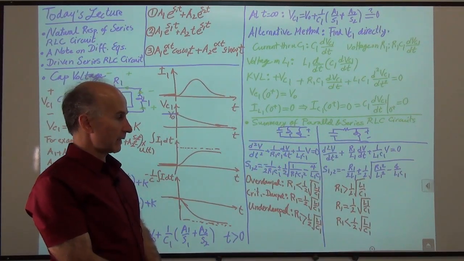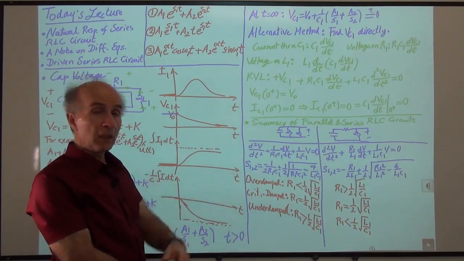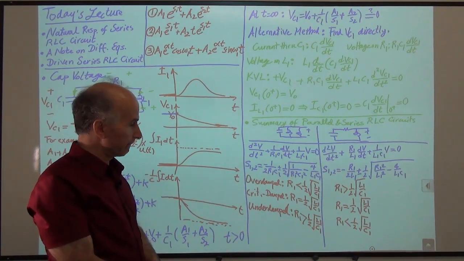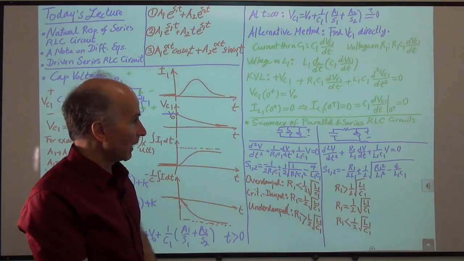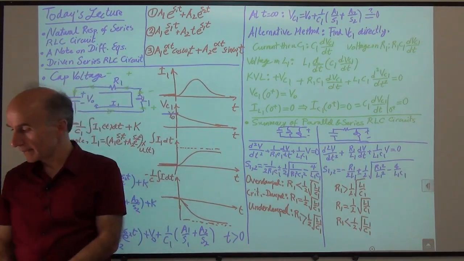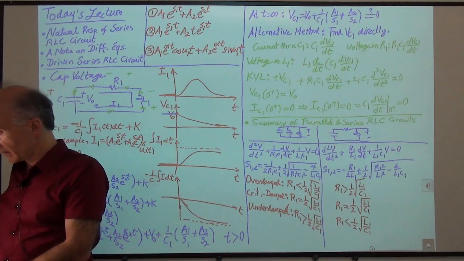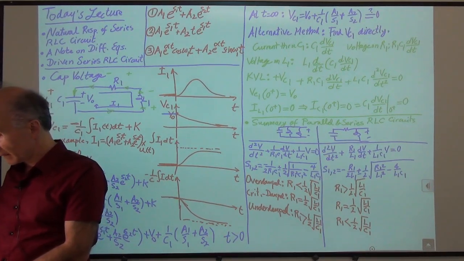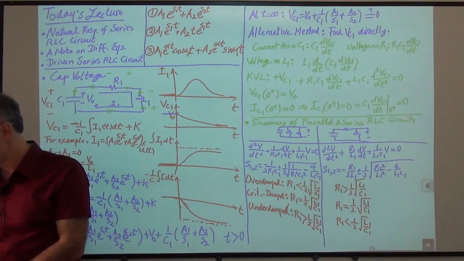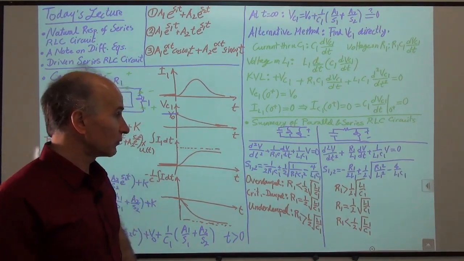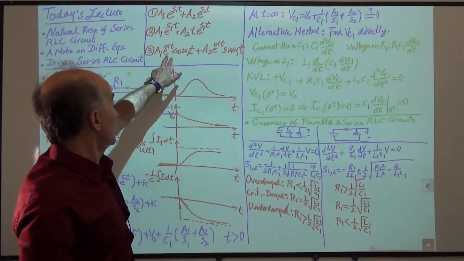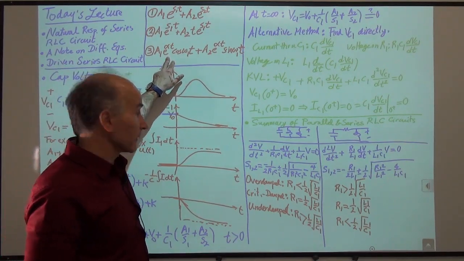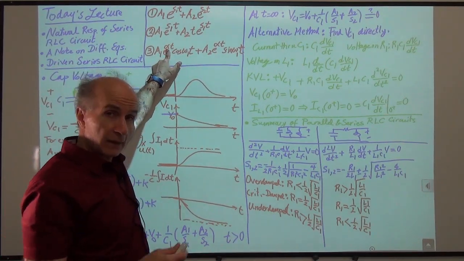All right, so that is the difference between the two systems. Okay, beyond that, we saw that the responses were similar. Let's see if there's anything else that would be interesting to note here. And of course, when we write the case for underdamped response, this alpha has a different equation for